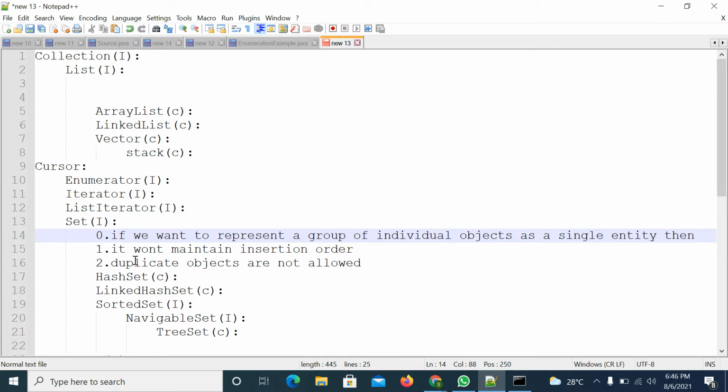That is the first point. Then in case of Set, it won't maintain insertion order.